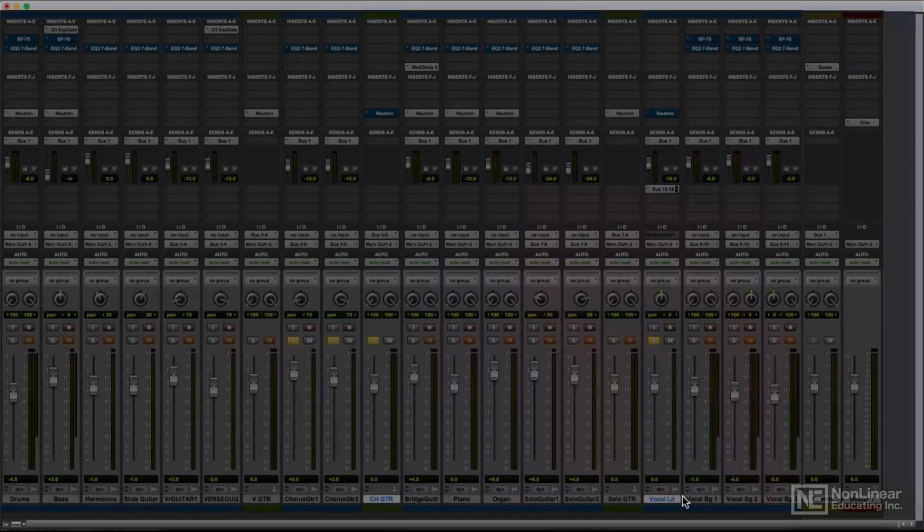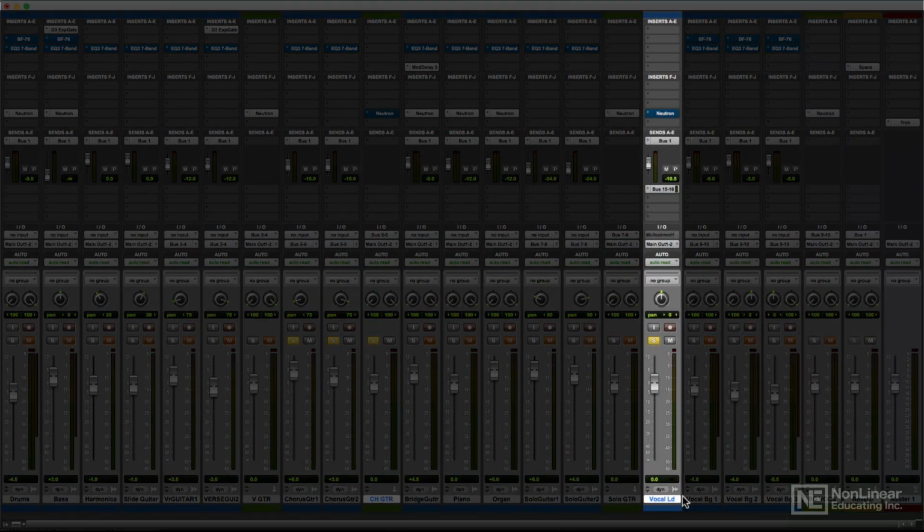Here's how it works. Let's say you have a vocal that seems to be getting overpowered a little by some